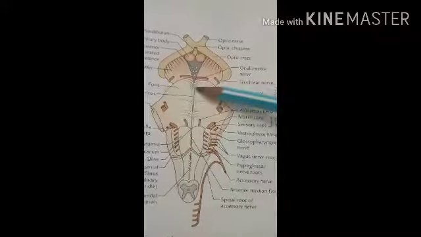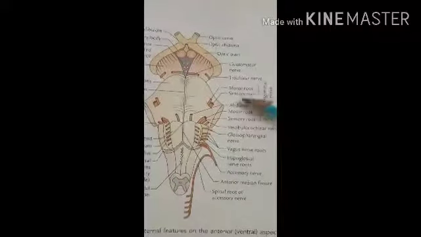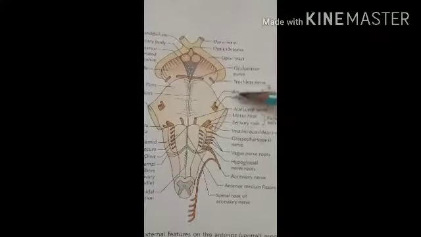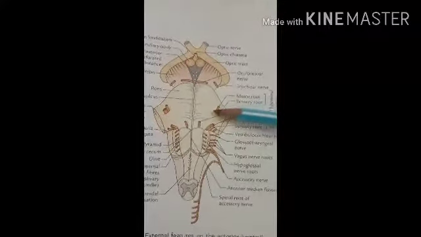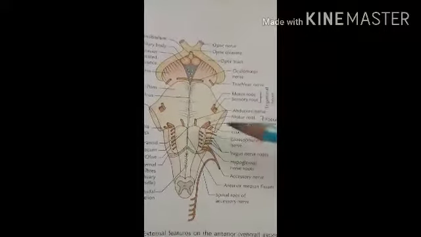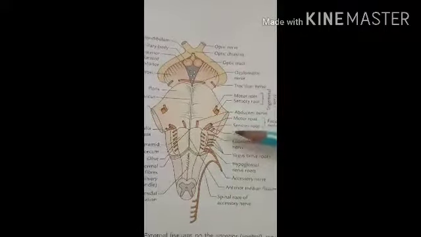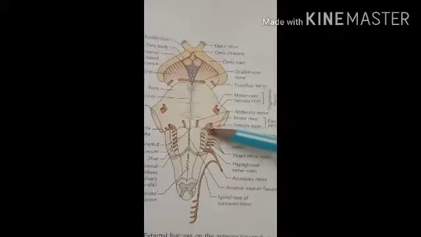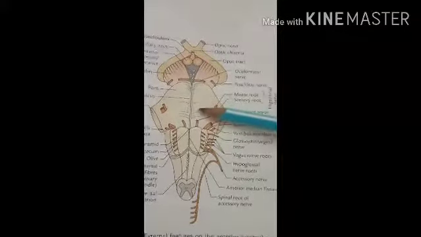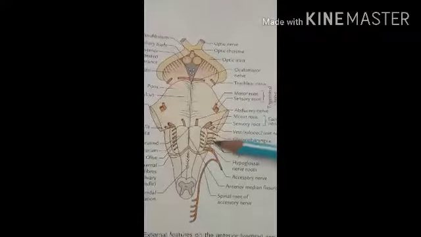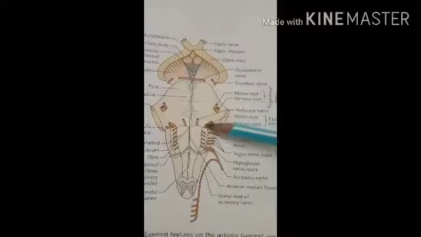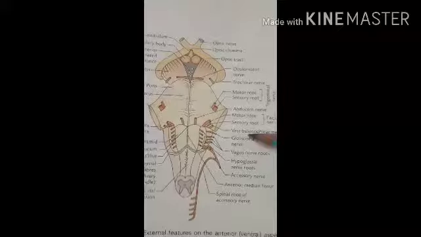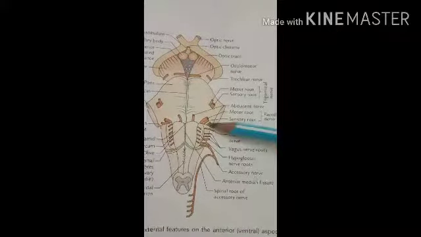After that, from the pons there is the origin of the fifth cranial nerve, that is the trigeminal nerve. So here you can see the sensory and the motor root of the trigeminal nerve. After that are the sixth, seventh and eighth, that means the abducent, facial and the auditory nerves. These cranial nerves originate from the junction of the pons and the medulla oblongata. So here you can see the abducent nerve, then the facial nerve, that is the sensory and the motor root of the facial nerve, and this is the vestibulocochlear nerve, or the auditory nerve.